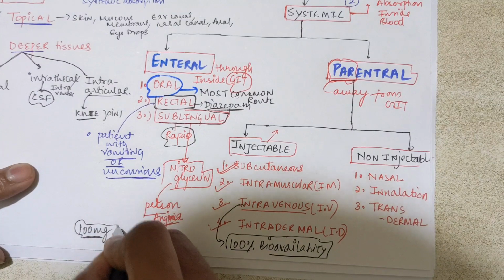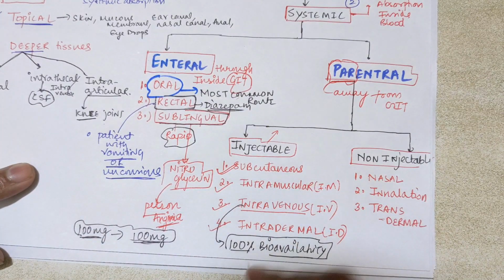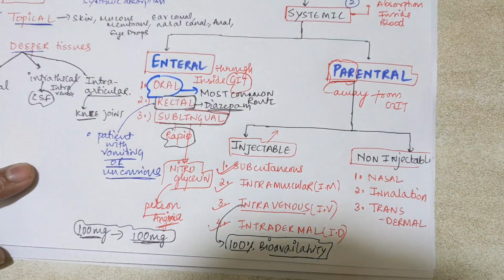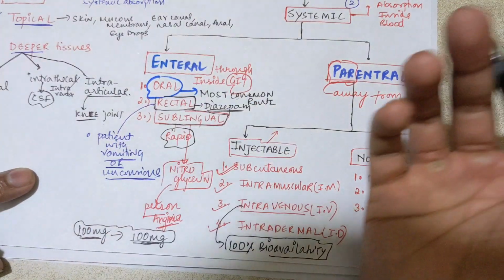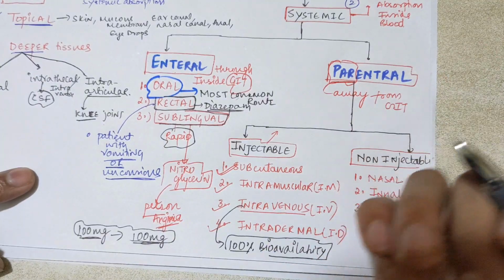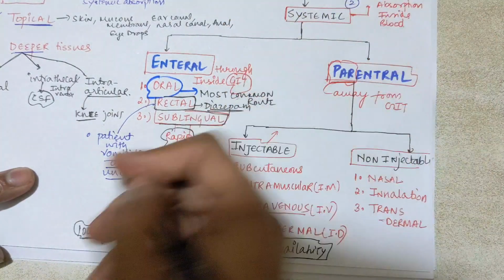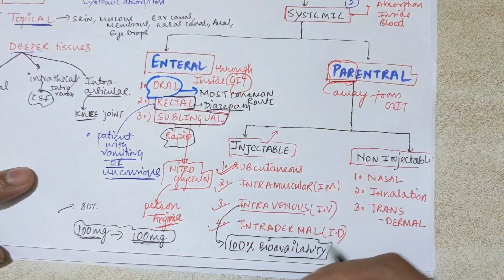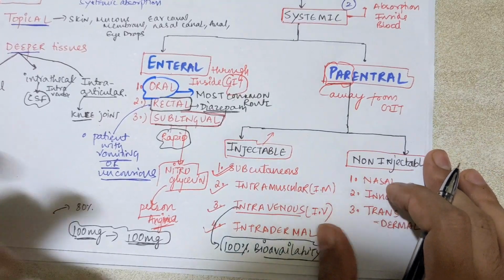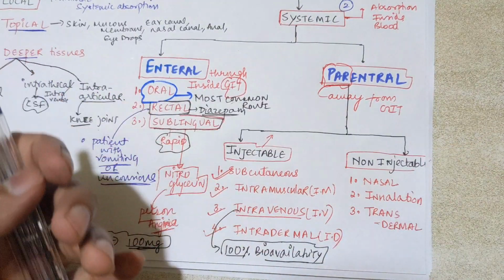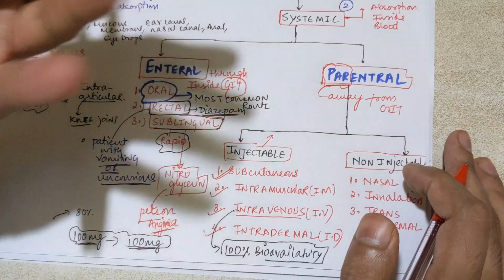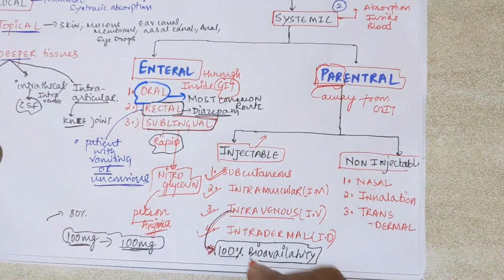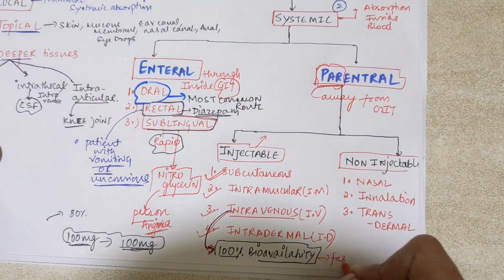Here just keep the concept that if you give 100 mg of the drug, then 100 mg will be effective. But in the case of oral, some part is absorbed through the liver for detoxification. So out of 100, sometimes 80% is left and 20% is detoxified in the first pass metabolism. So the intravenous route is the most effective route, because you are giving the drug directly into the systemic circulation. The main point here: 100% bioavailability and fastest absorption.